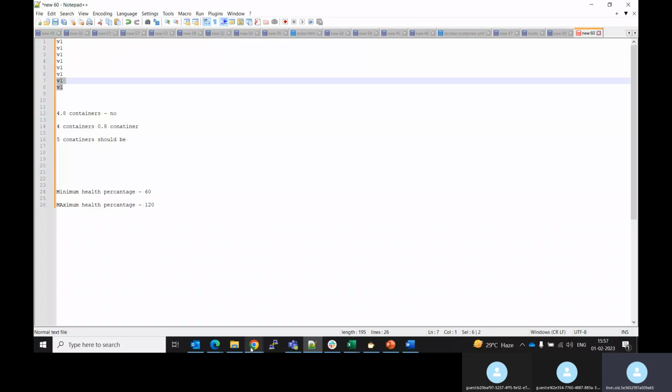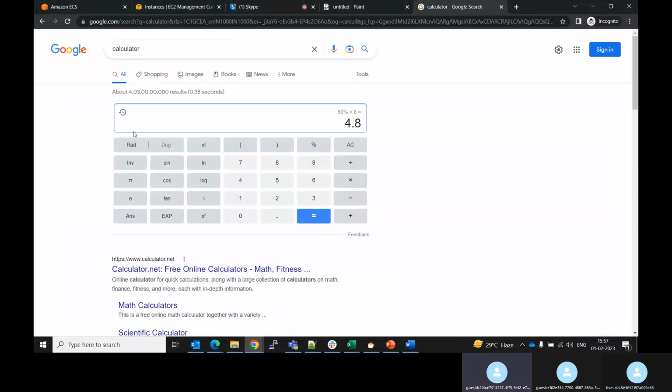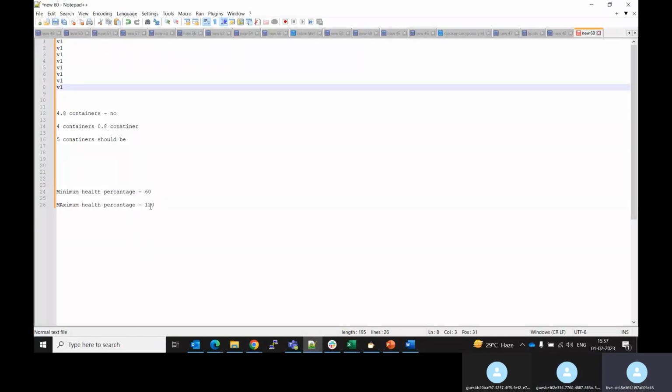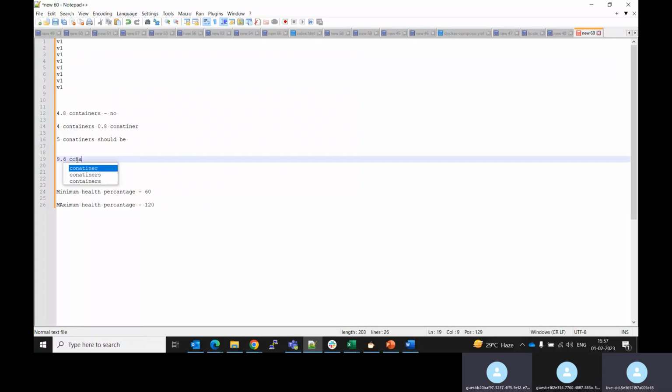Now, what is the maximum health percentage? We mentioned 120. So 120% of 8 is 9.6. See, maximum health percent, they are already 8, means already 8 is there. So the maximum 120 of 8 means 9.6. So 10? Can you tell me, 9.6 containers means